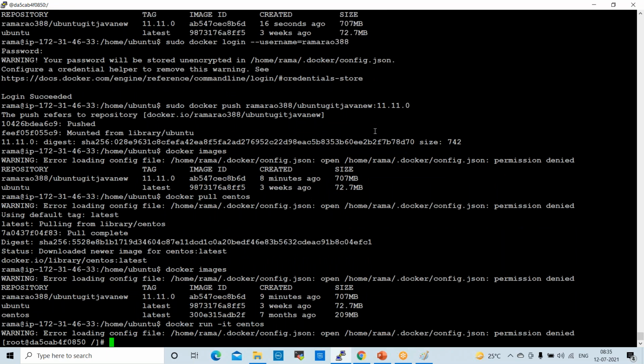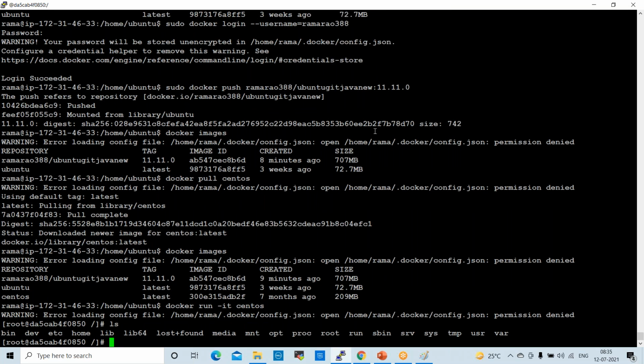Now I am in the container. If you check ls here, only the bin and lib files are available. A container is a lightweight environment, an advancement over virtual machines and EC2 instances.